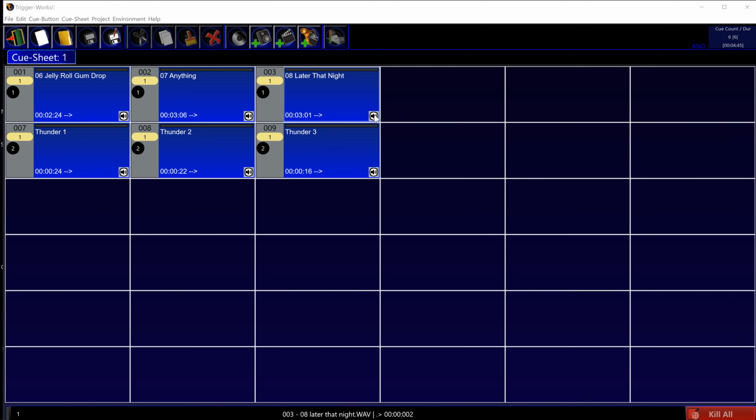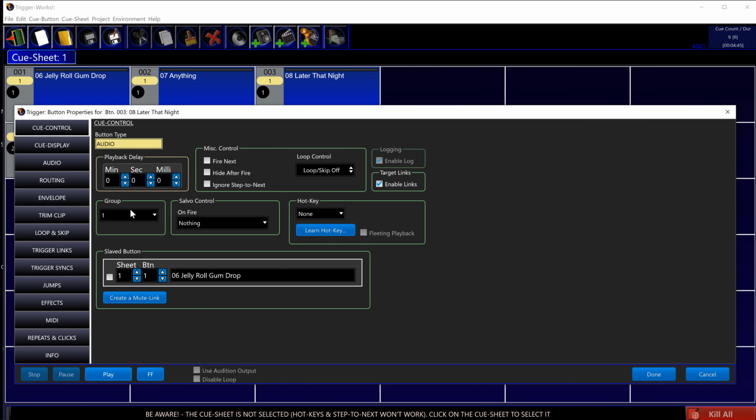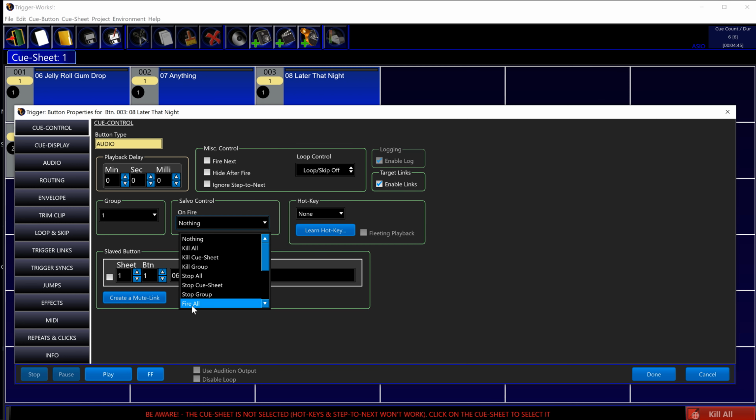So if I open up the button properties for this audio cue button, you'll see on the control page that I have a salvo control group, and within this you have various functions such as kill, stop, fire and such like for a range of cue buttons, and that can either be globally as in kill all, it can apply to the particular cue sheet that the trigger button is on, or it can control a group of buttons